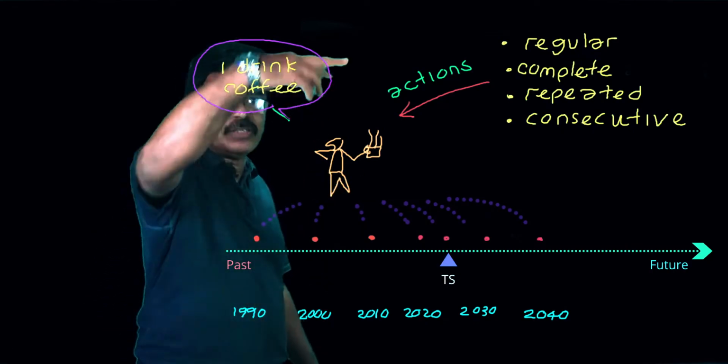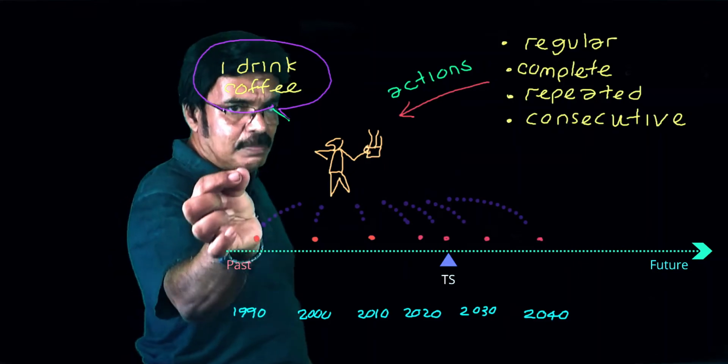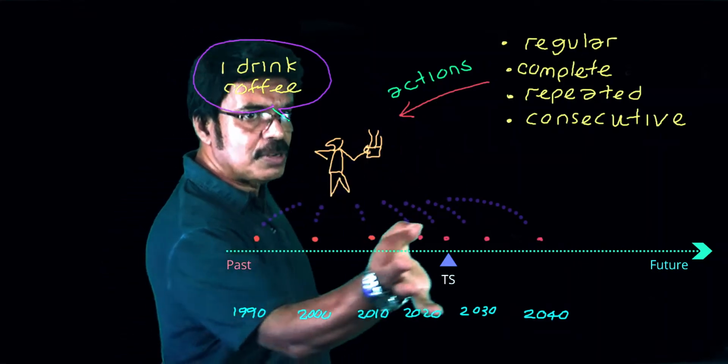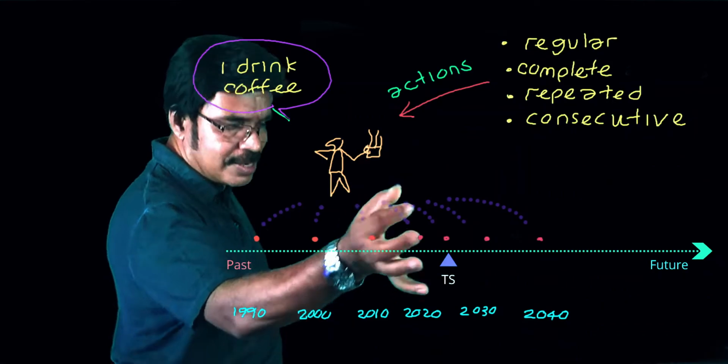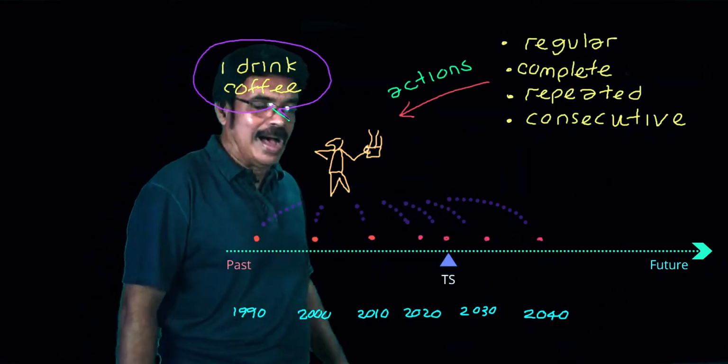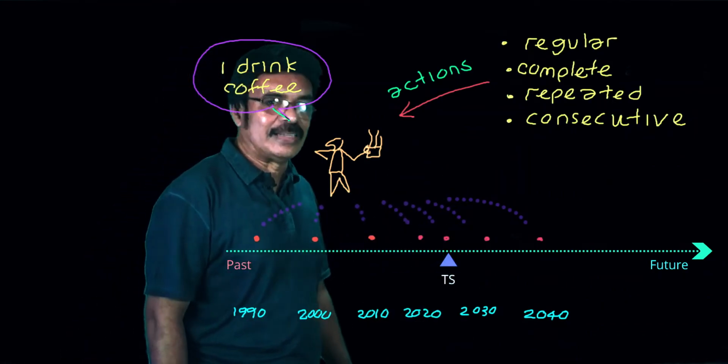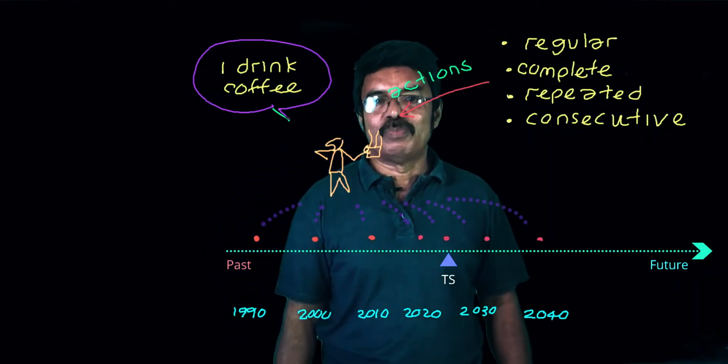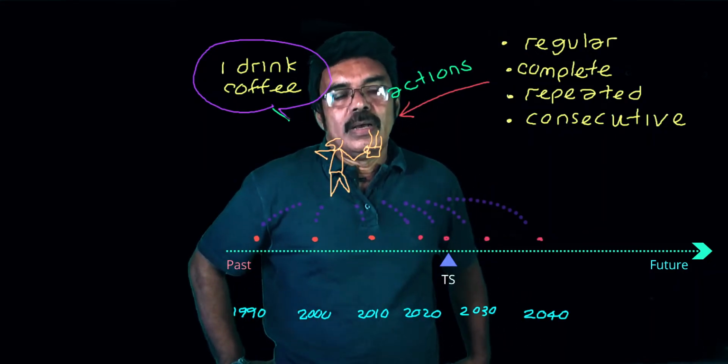And drinking coffee is regular. My drinking coffee is a complete action. My drinking coffee is repeated. My drinking coffee is consecutive. That is, I'm doing it again and again. So that's why I say that is one of my habits. One of the things that